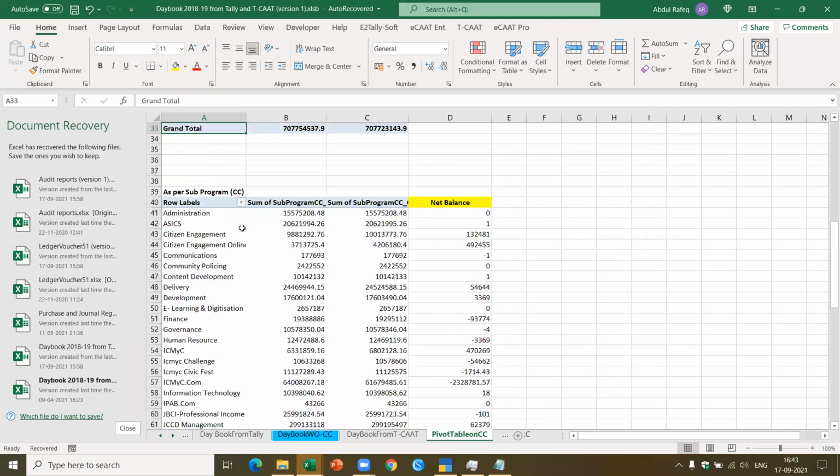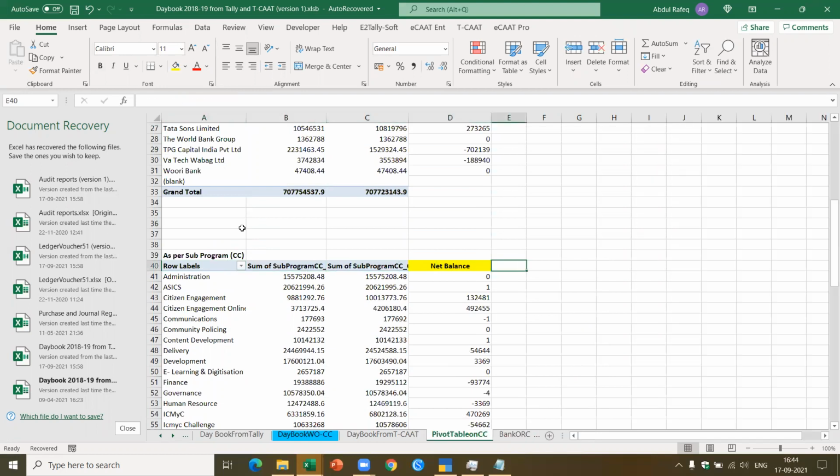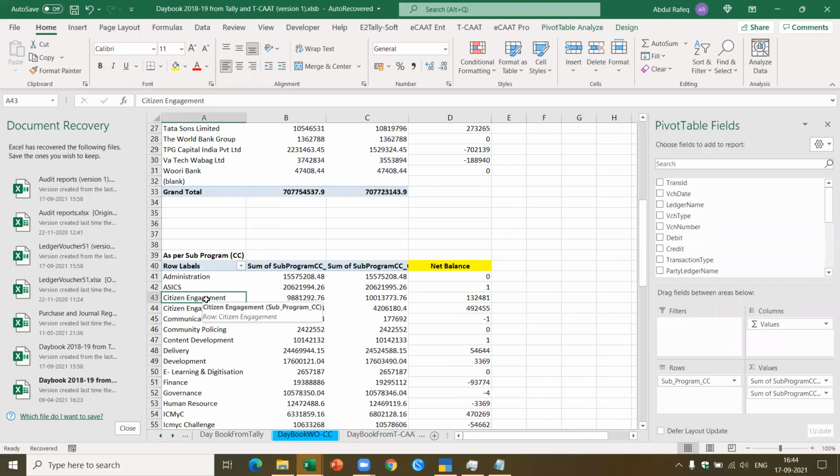For this, now if you see, I've already got a pivot table on this. I got this information pertaining to the row labels, which is, let's say, cost center wise. On the details, I got this information. So this is what I said. Once you get the data in a structured fashion, it becomes very easy for you to analyze.